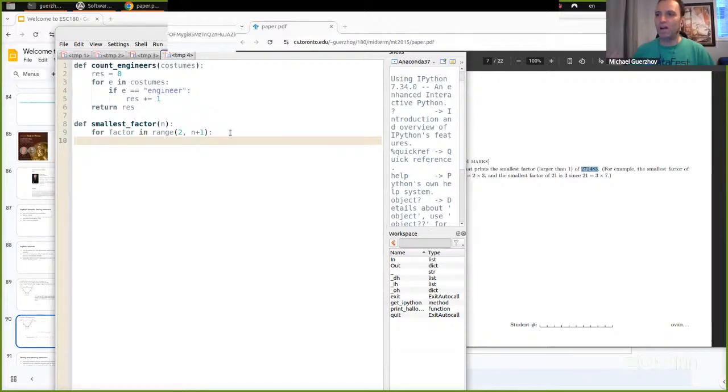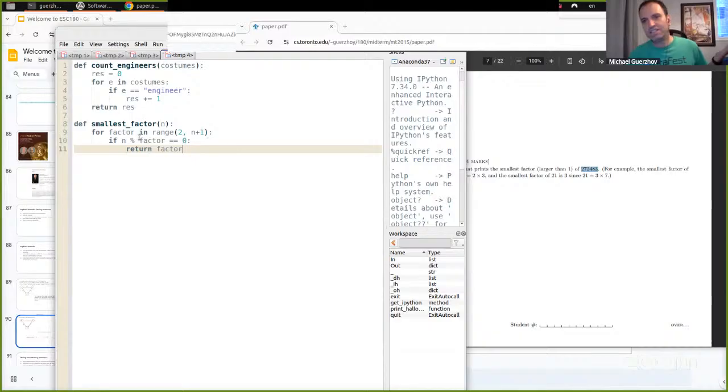Sorry, so up to n. And here we'll just say, OK, if n is divisible by factor, this is how you check that, we return factor. And that will definitely eventually find it because